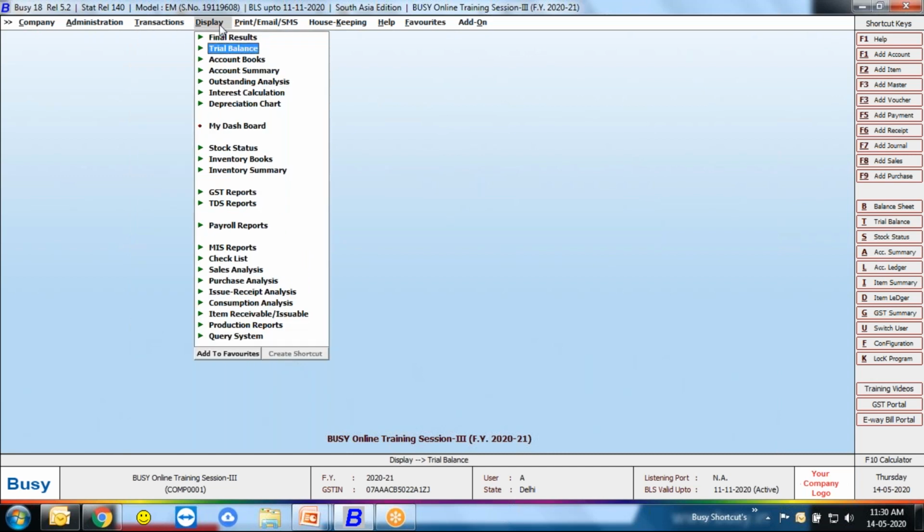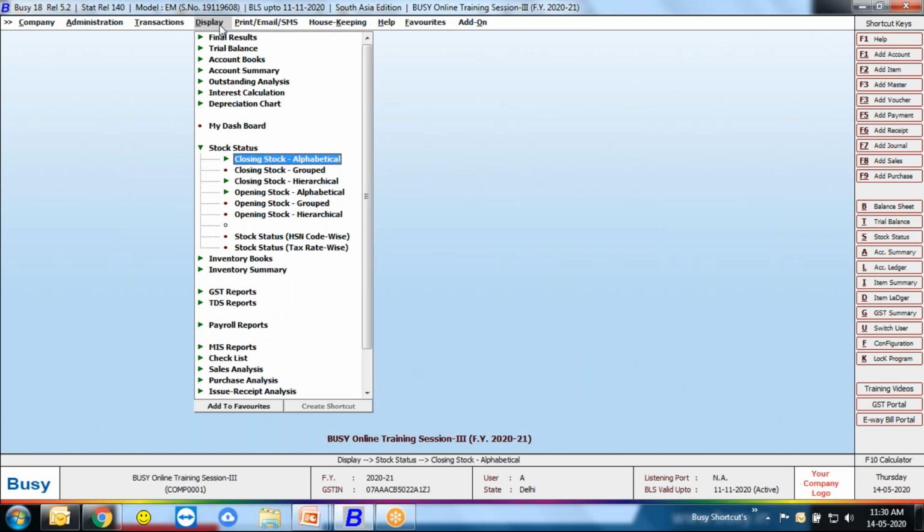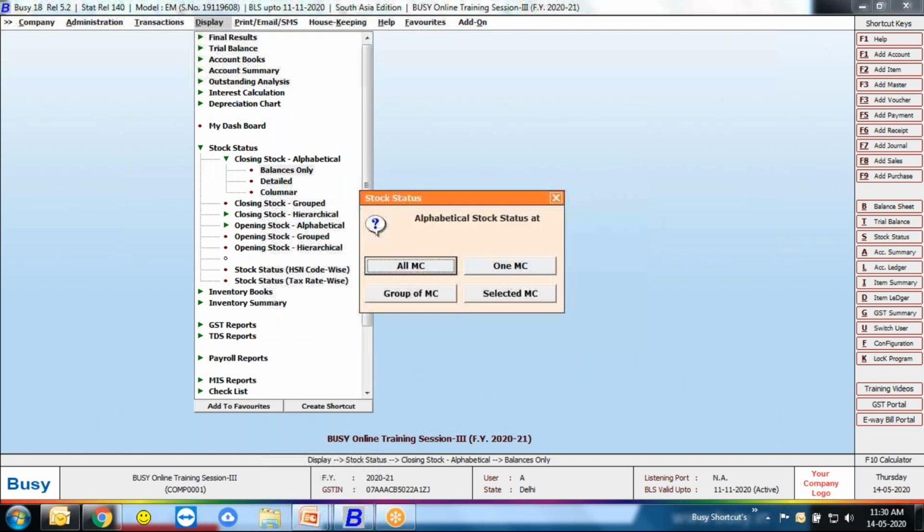So we need to see the report of stock. We have to go to stock report alphabetically, balance only. In which material center do you want to check your stock? I said I've entered the purchase in main store, so I want to see main store. I select one MC.